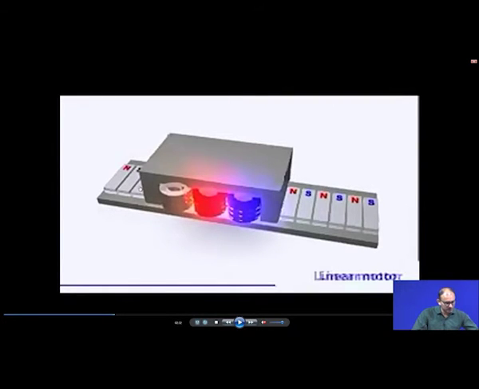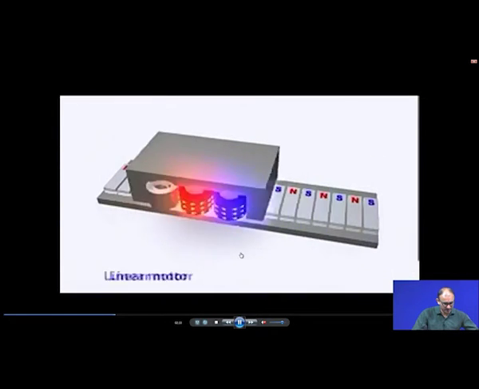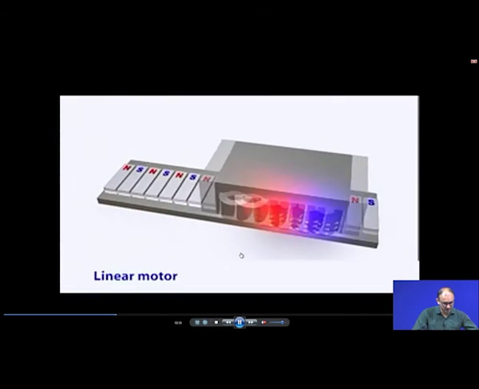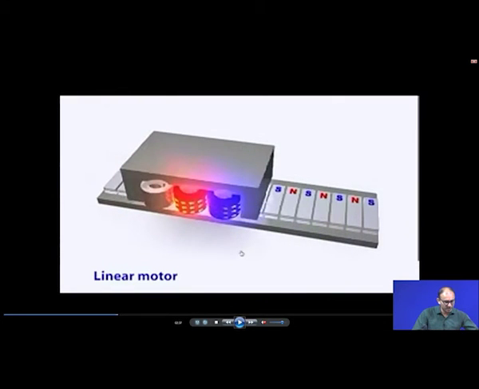And now what we are doing is unwrapping the conventional motor stator, and then it becomes a flat surface. Now whatever you put on top of that will move depending on the magnetic switching, the way you switch this pole. Depending on that, you will get the movement over this particular magnet. Now you can see this is the magnet. So this is the way a linear motor works.